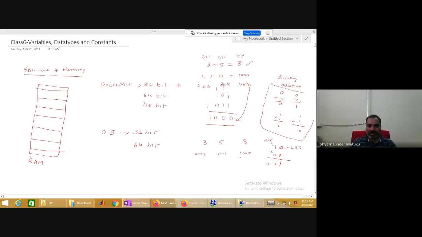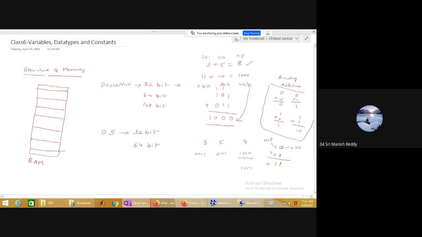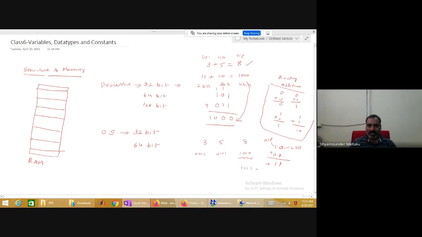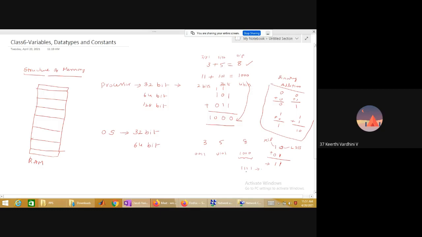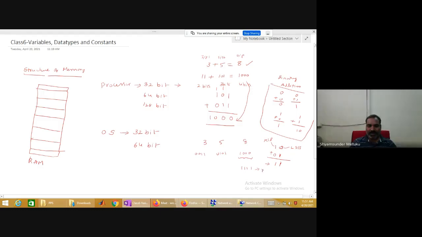Okay. So by using 4 bits, what is the maximum value you can represent in your decimal number system? All ones, yes or no? All ones is equivalent to how much? F, sir. F or 15. Anything is okay, correct or not?